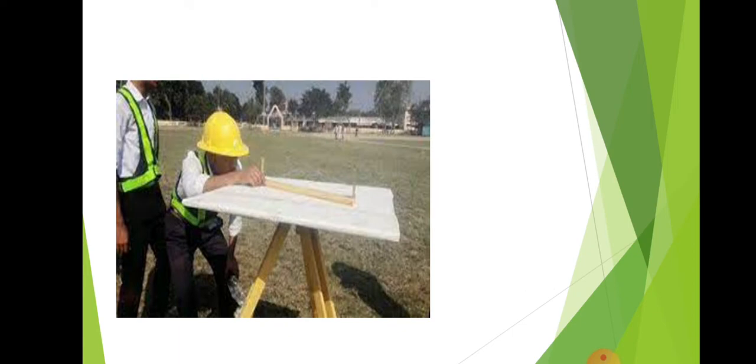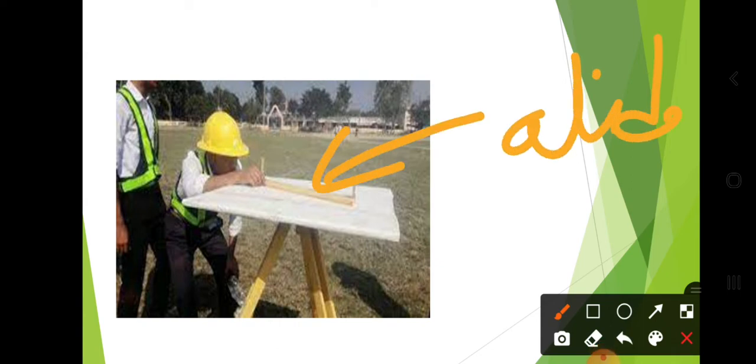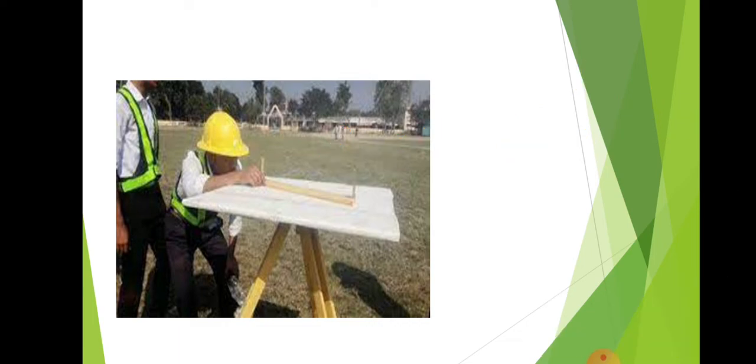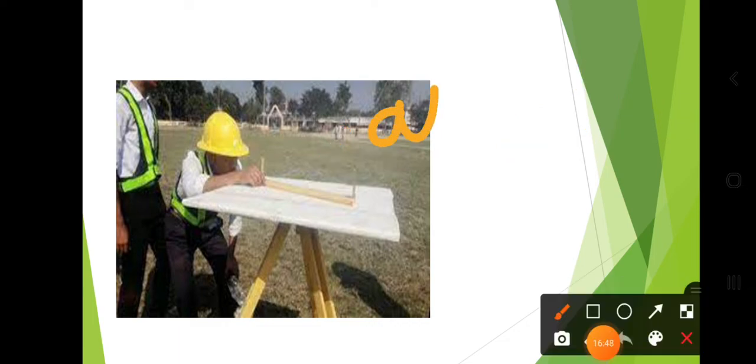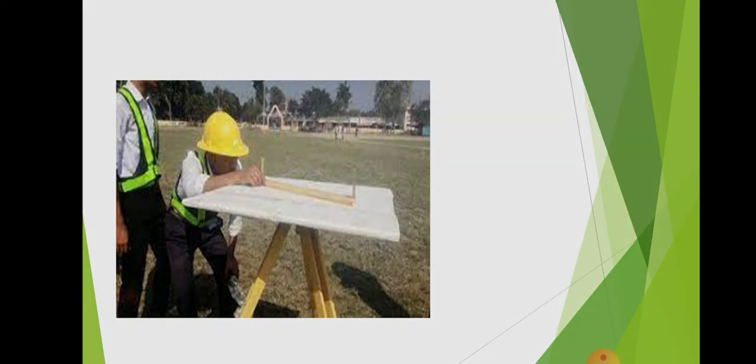See in the picture how that person, where the tripod is there and the plane table is fixed, is bisecting the object with the help of the alidade. Why is he bisecting the object with the help of the alidade? Because if the bisecting is correct, then and only then the distance is correct from the center of the table. Okay, that is called bisecting, and bisecting is done with the help of the alidade.